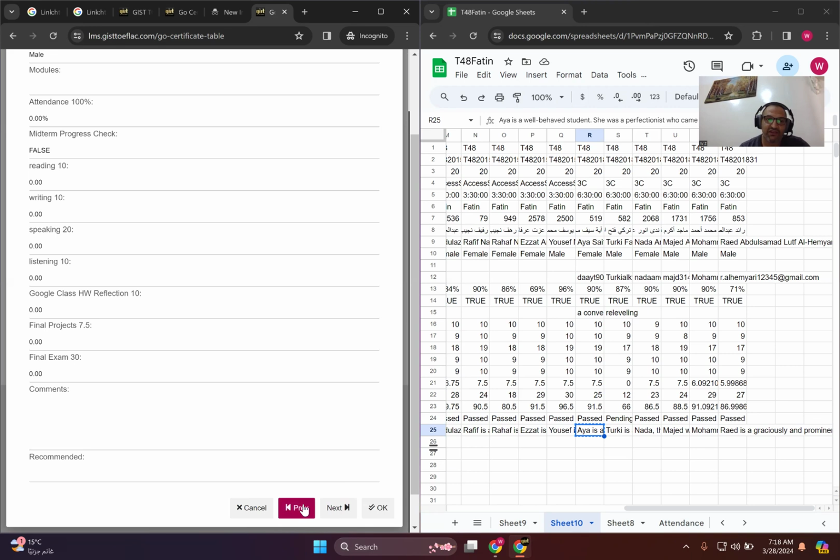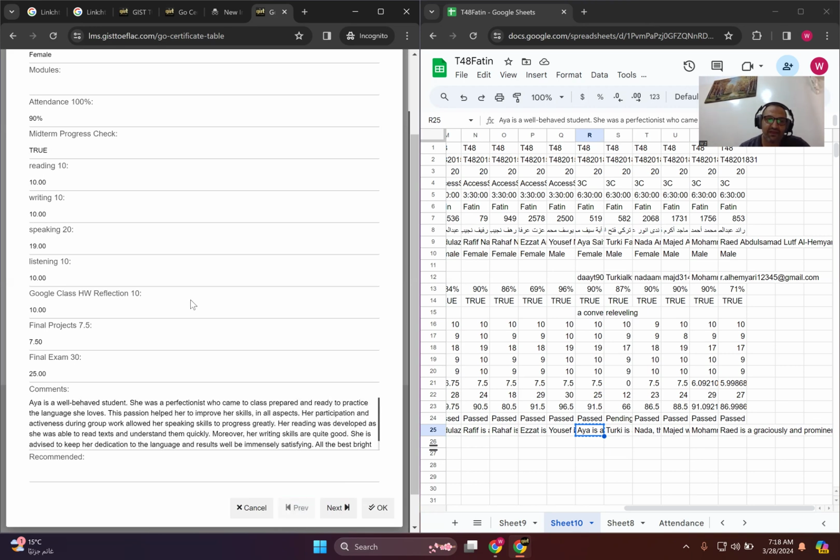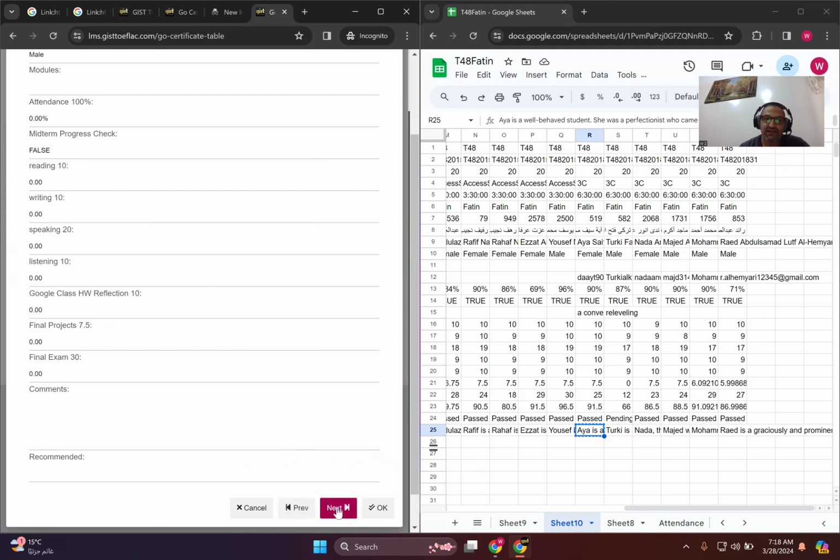So let's go back and check Aya's. See, Aya's details have been added. So you will click next and add the rest, the other student and the other and the other, and so on. You have an indicator here: speaking 20, 10, writing 10, reading, midterm progress. As for the midterm progress, we'll ask you to add these details, like 50% in the mid of the term, after they're done with the midterm exam. And True,